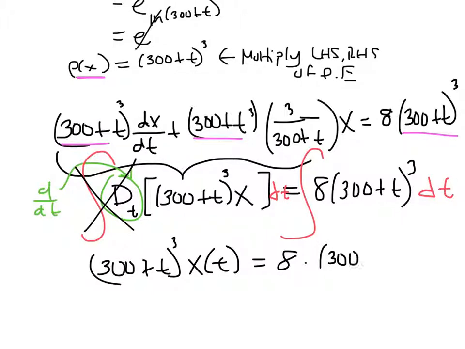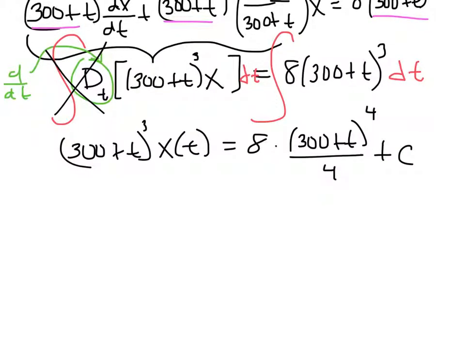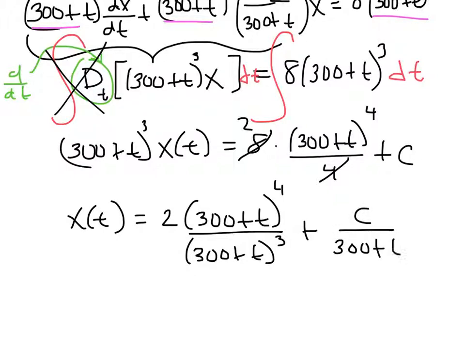So you get 300, and you can use our power rule, raised to the 4th divided by 4 plus our constant of integration. And just continuing, I can divide both sides by this quantity here. So I have x of t equals, well, this guy, that's just 2, so 300 plus t to the 4th, all over the same quantity, but I have 3 factors, plus, of course, our c over this guy,